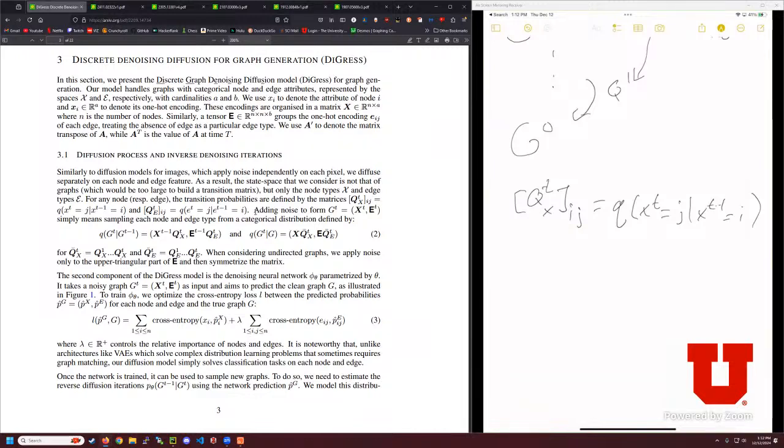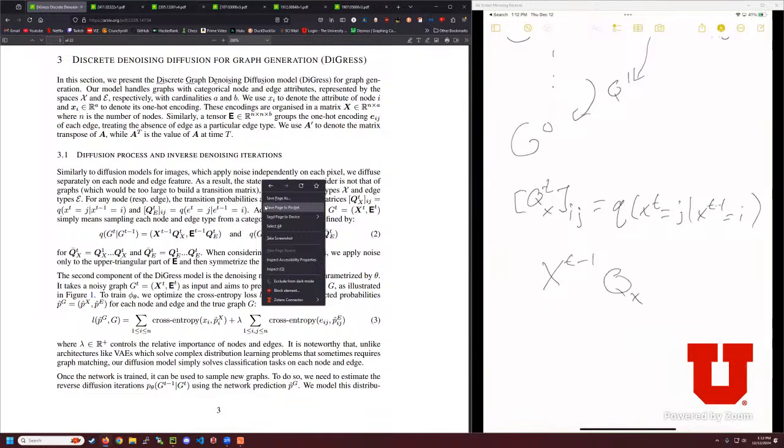So this is basically showing that if we take the full edge matrix, or node matrix X at t minus 1, and multiply it by our transition matrix for X at time t, this is going to be equal to